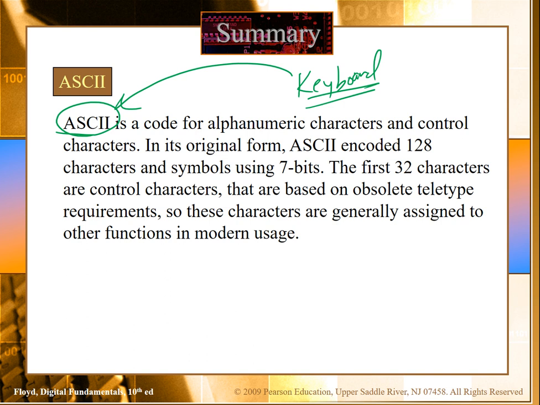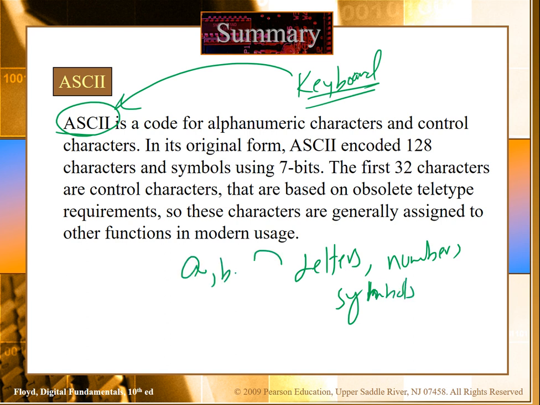It constitutes letters, numbers and symbols. For example, letters like A, capital B, decimal numbers 1 2 3, symbols for example dollar sign, at the rate.